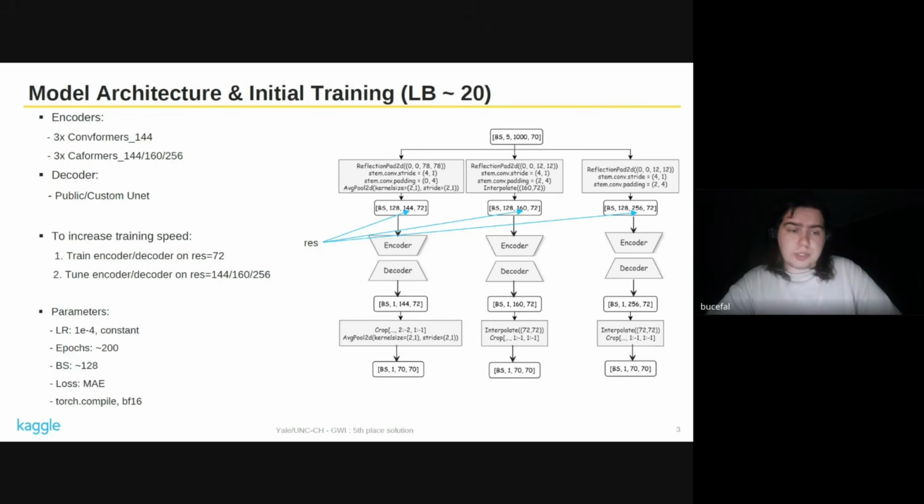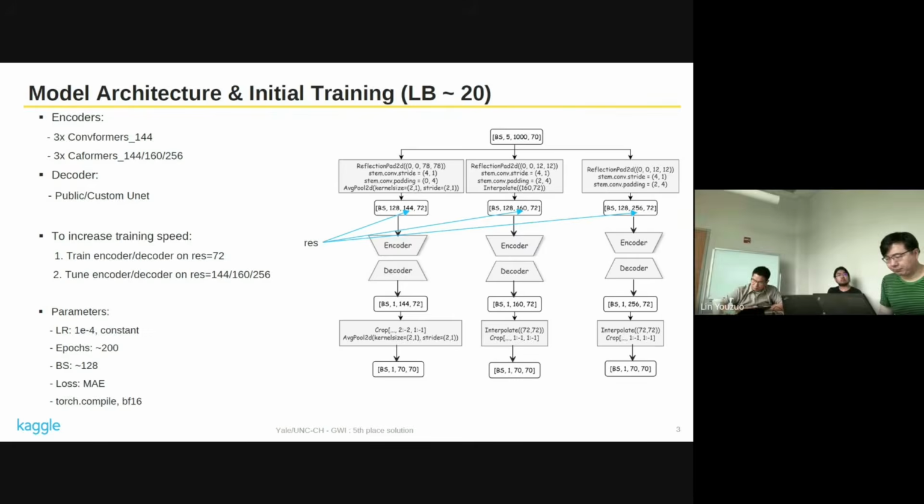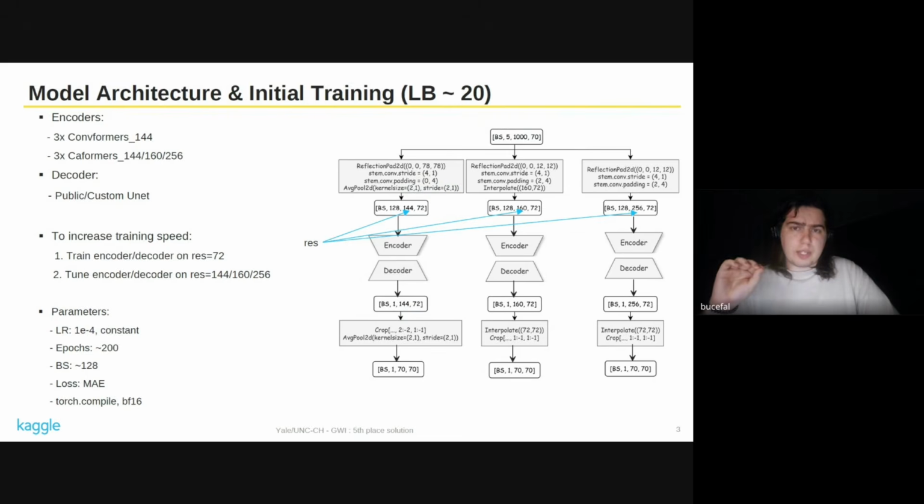Large batch sizes also, standard mean average loss, and some tricks like torch compile, bfloat16, pretty standard for this competition and other participants as well. So the point is, using just competition data, it is possible to reach mean average 20 on the public leaderboard and private leaderboard as well.